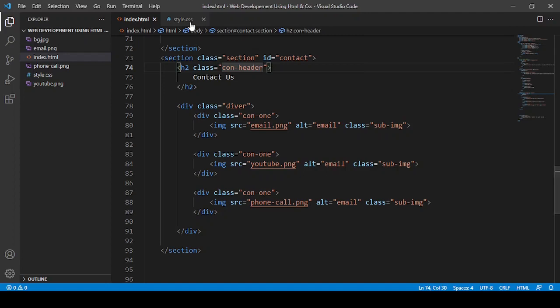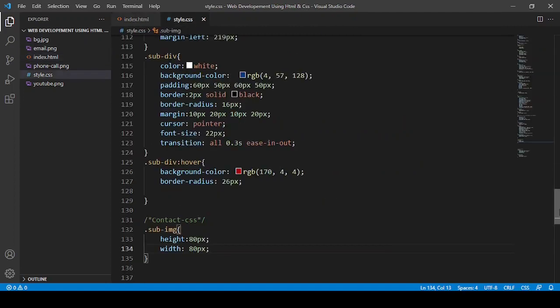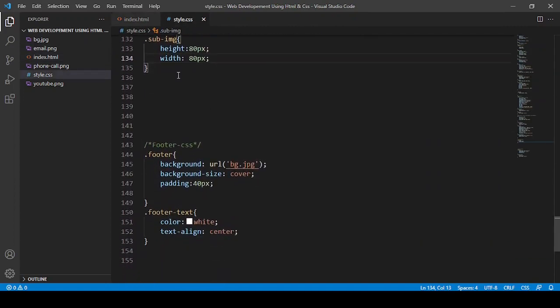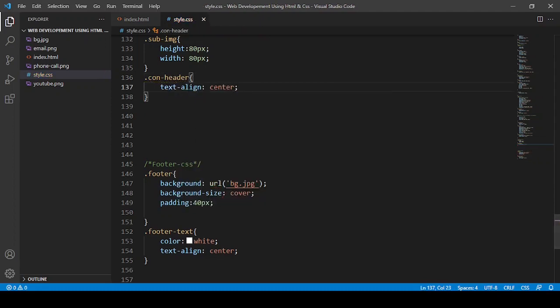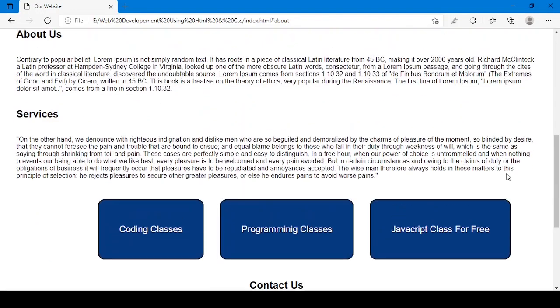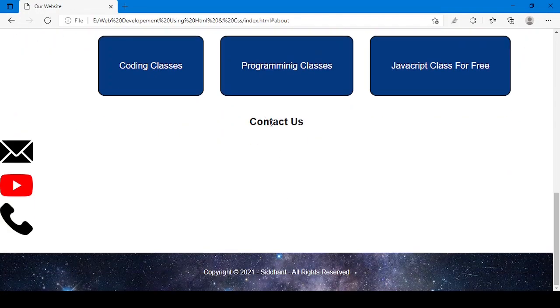And here I'm going to say dot con dash header, and text align center. Hope that will work. I think yes, that worked. So this contact is also now in the center.